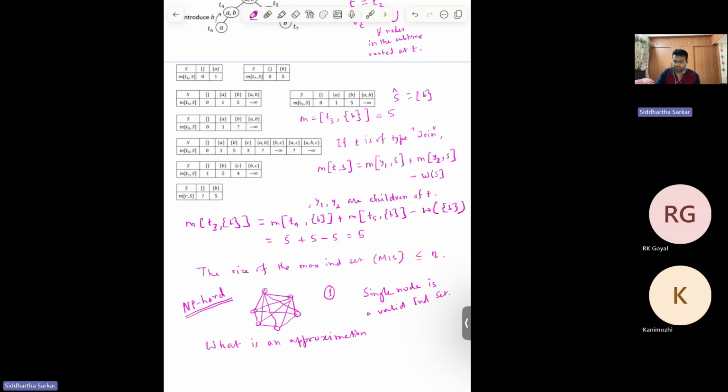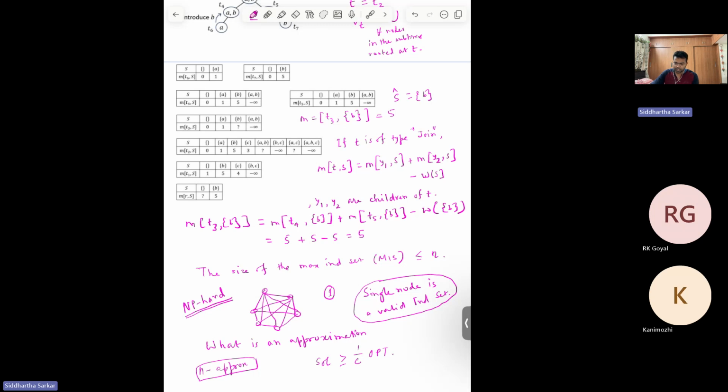Yeah. So in this case, if you just output a single node, then if the optimal independent set was n nodes, then you have done at least 1 by n factor close to that. So if your solution is at least 1 by c close to the optimal, then you say that you have a c approximation. So in this case, you have an n approximation. So a trivial approximation is an n approximation